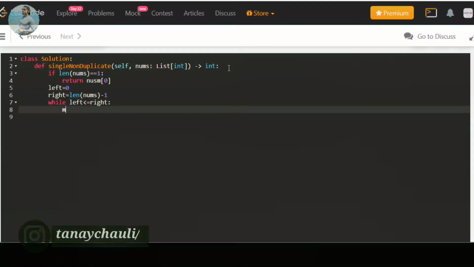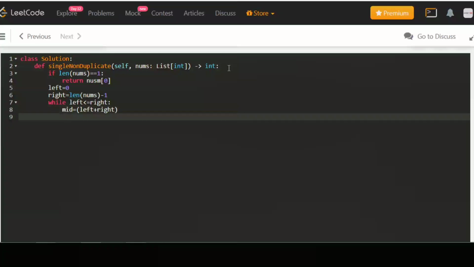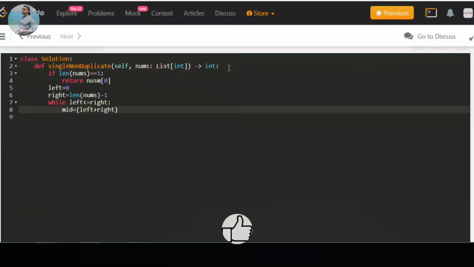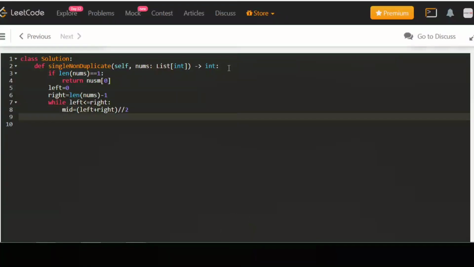Now we calculate the mid: left plus right by 2. Mid will remain constant as we increase our left value and decrease our right value. You may also calculate this mid before the while loop.